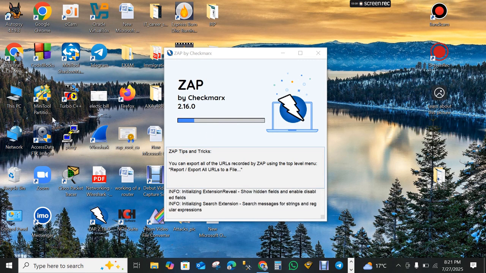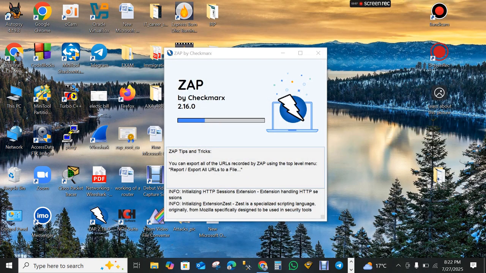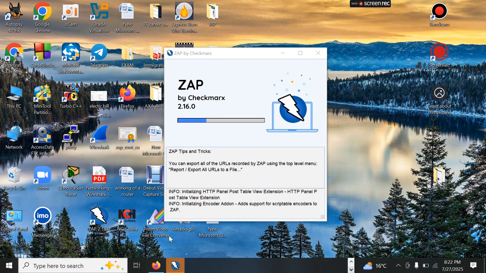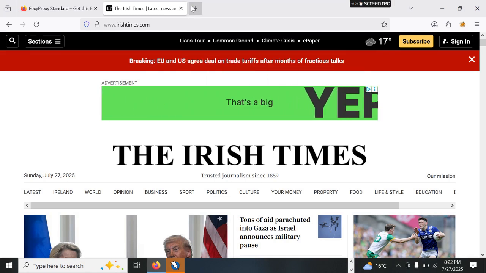So our Zap is loading. It will take a little bit. It is loading with all its files. It needs a little bit of time to get well started. So I'm going to show you now how we can do that. So for these things, I have to